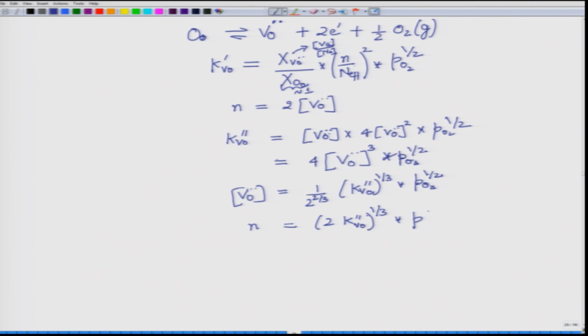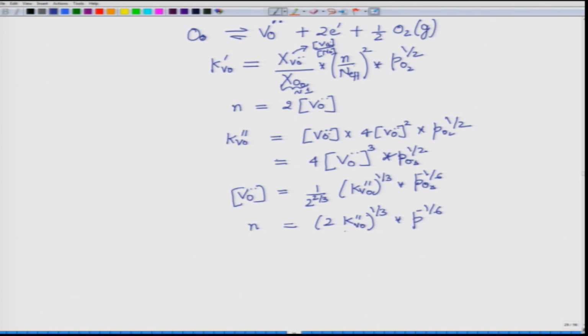Okay. So, there is one mistake I committed here, we have to take cube root because it is V cube. So, this one becomes minus 1 by 6 because it is also going to the LHS and then we are taking cube root. So, it becomes minus 1 by 6. So, note that this is minus 1 by 6 and similarly here it will be minus 1 by 6.